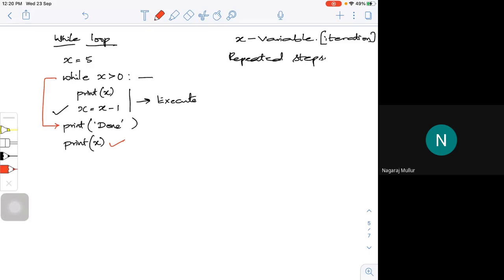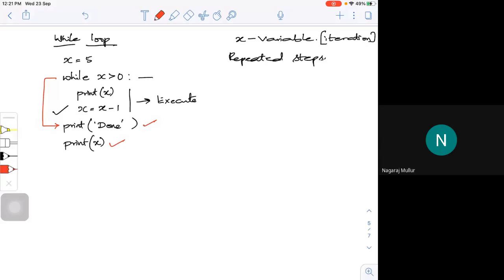The while loop will work for all the values of x greater than 0. Once the condition fails, it goes to this particular statement, whatever statement I give. Here I'm giving a print statement, print done, and then I'll print the value.